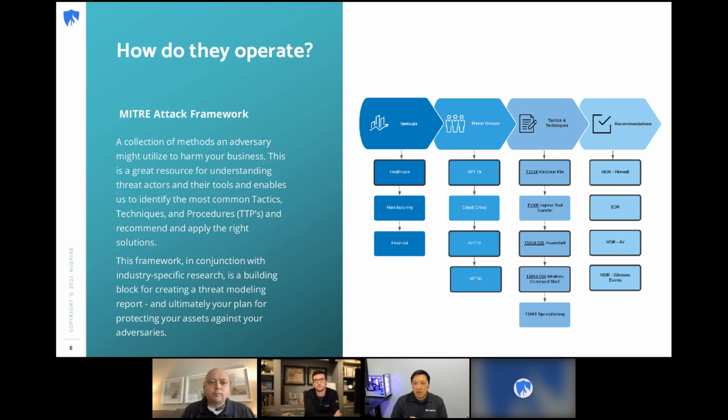This framework has been adopted by many organizations, like JR had mentioned, and that's one of the biggest reasons why I always lean back towards the MITRE ATT&CK framework when I'm talking about threats. It's a recognized framework from a trusted, reliable, neutral source, where for the most part everybody has agreed that this is the framework we should use. These are the techniques we've seen in the wild. That's why we use the MITRE ATT&CK framework and reference it so much. A lot of work has been put into creating it, not from just one source, but from a lot of practitioners in the field who have seen these attacks firsthand.